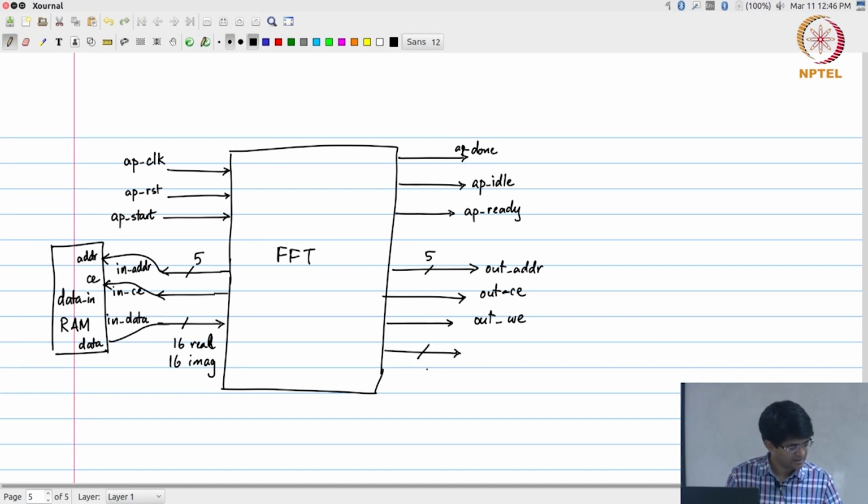And finally, real and imaginary 16 bits each. Okay. This is the interface that we have come up with. Okay. So, if you had some mechanism by which you can actually directly store your input in a block RAM,